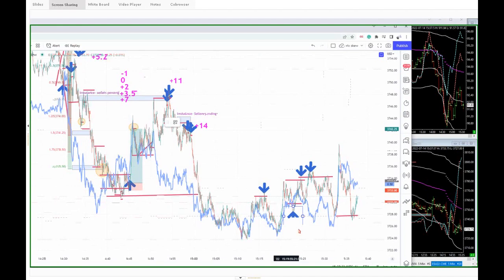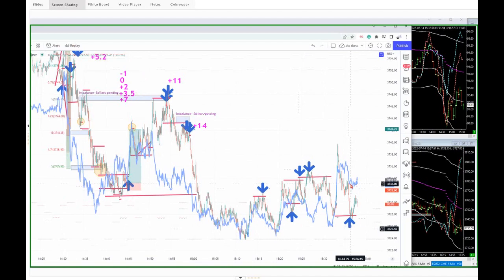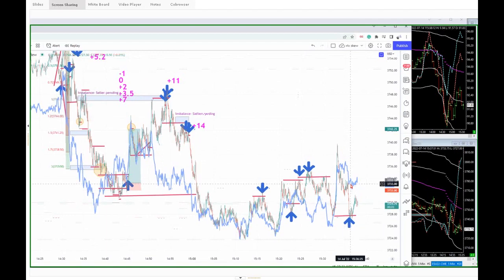Now, some of you might argue, well, why did you not buy when the price broke south here? Because the value line was making a new lower low. So I can't buy when it's making a new lower low. I've got no short-term value to work with. None. So I need to use that narrative to understand that short-term value against me means I'm not going to be doing any trades, etc. Simple.